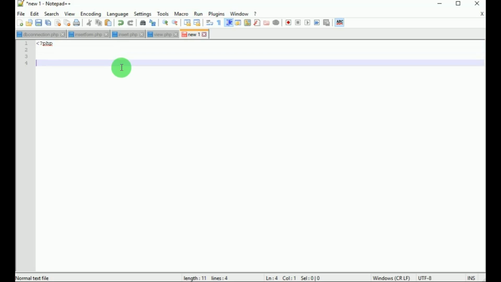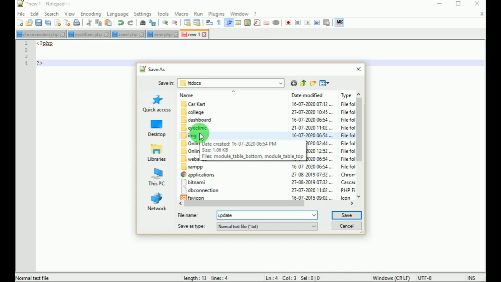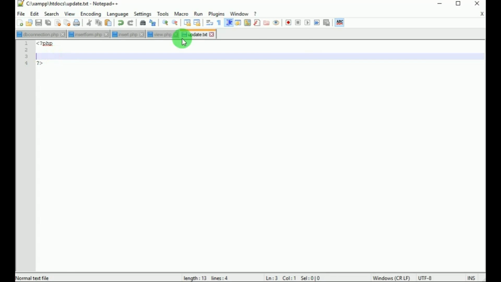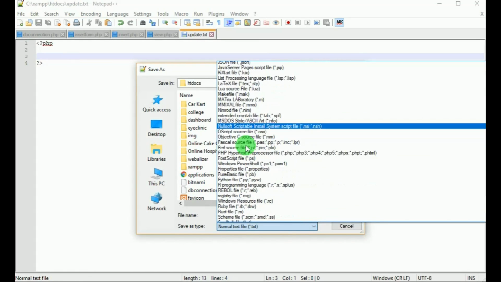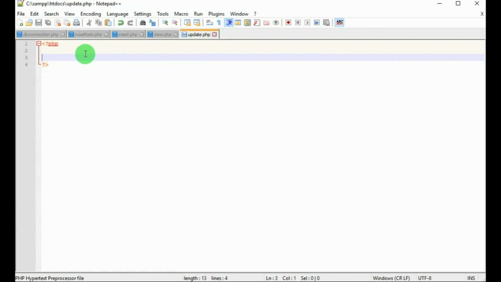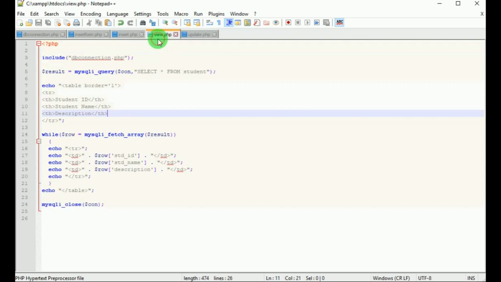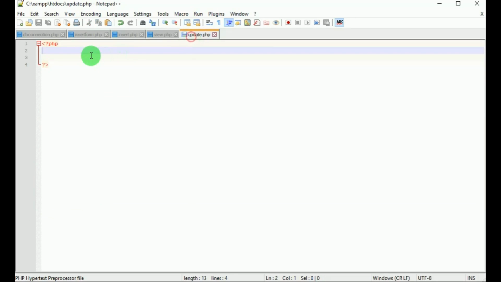Now let's create the file to update the records in the database. Let's save this file. Let's save this as update, that is as update.php. The file type should be PHP. The file must include dbconnection.php,